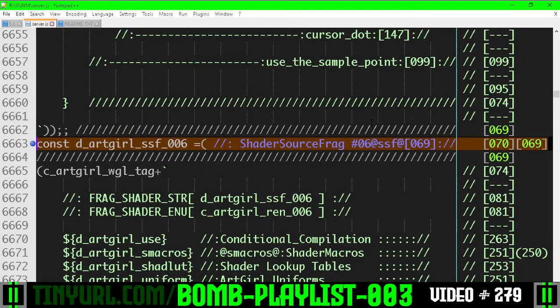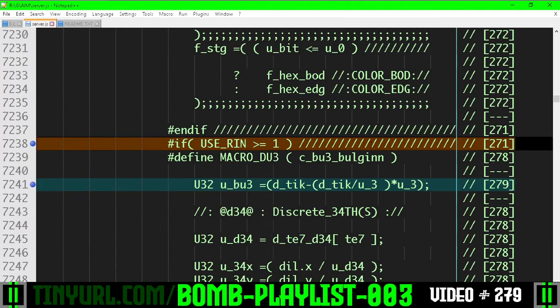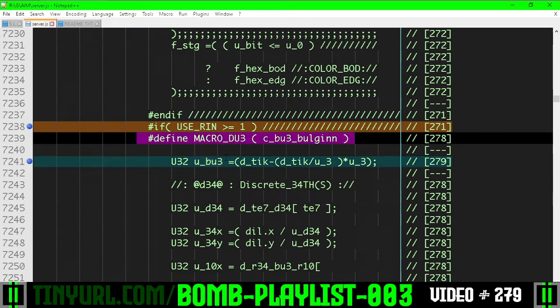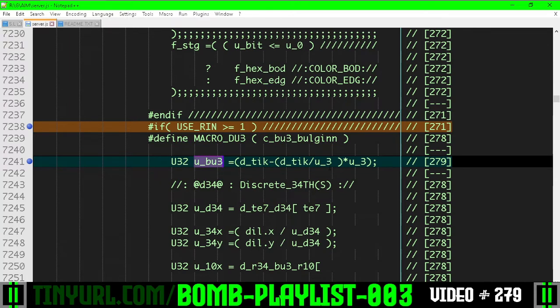So in shader source fragment 6, in the use ring rendering code, we've added modulus for the ticker, and we're going to mod 3 it by hand. And we're going to get an unsigned value for the bulge constant. Rather than using this hard-coded value, we're going to use this value, and we're going to cycle through the different